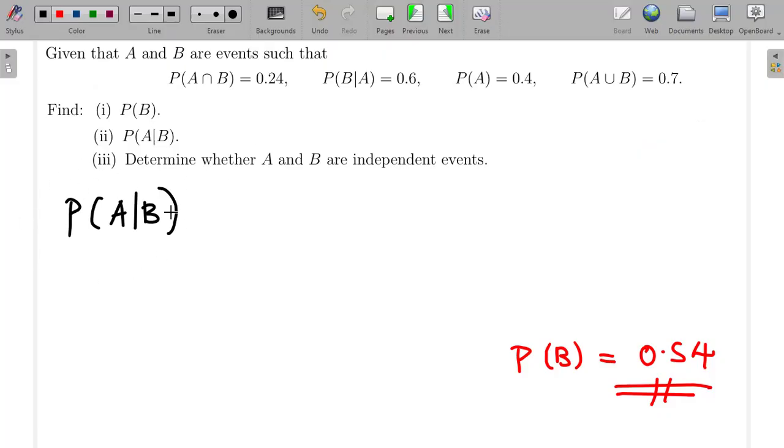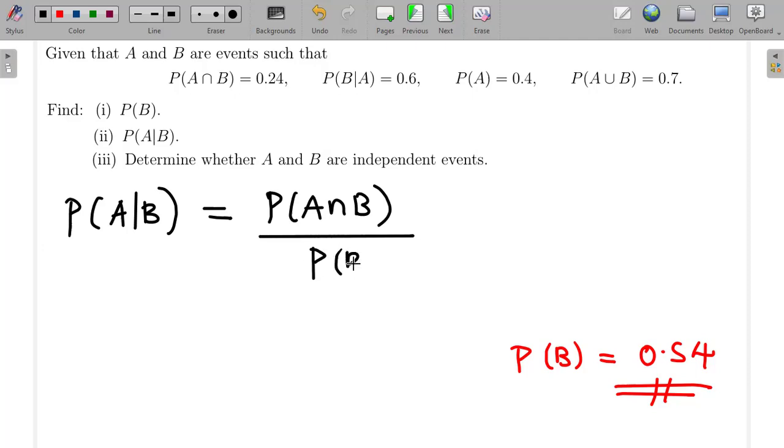It is equal to the probability of A intersection B divided by the probability of B. Whenever you have a conditional probability, you use this formula: you intersect and then divide by the event that has already occurred, which is B in this case. So this is the probability of A intersection B, which is 0.24, divided by the probability of B, which is